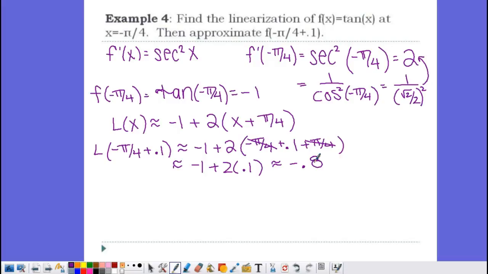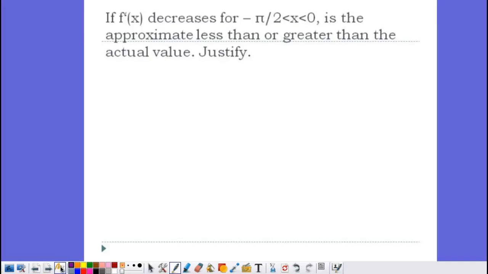Taking this into account, we have the extension question. If f prime of x decreases on the interval negative pi halves less than x less than 0, is the approximation we just received less than or greater than the actual value? Justify. It'd be concave down, so it would be